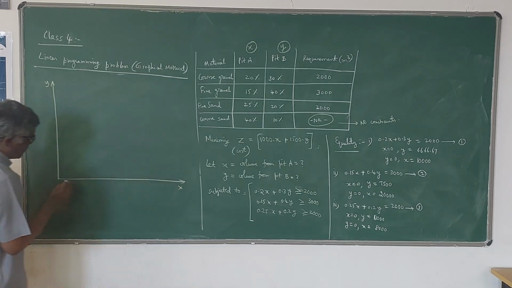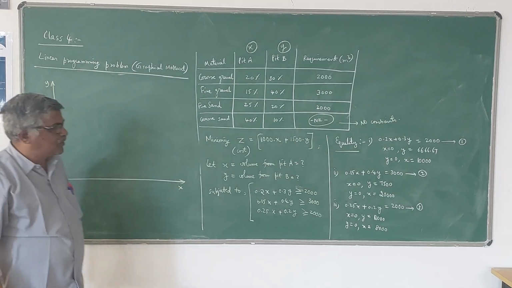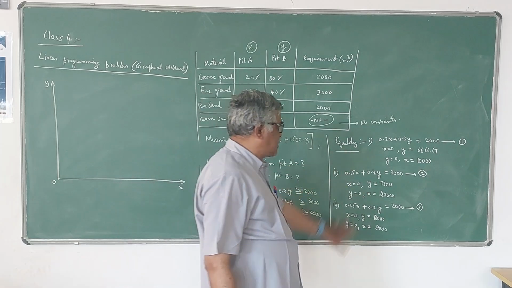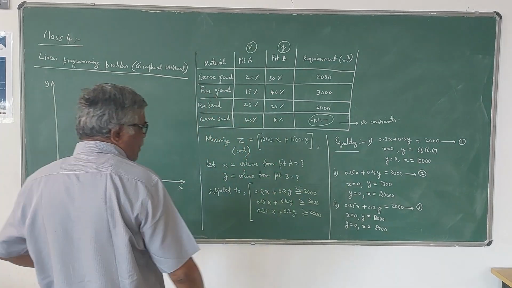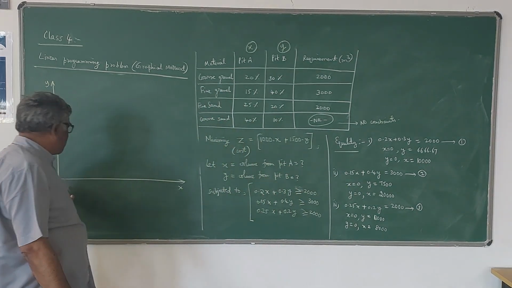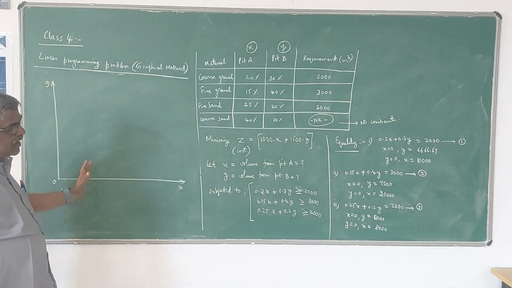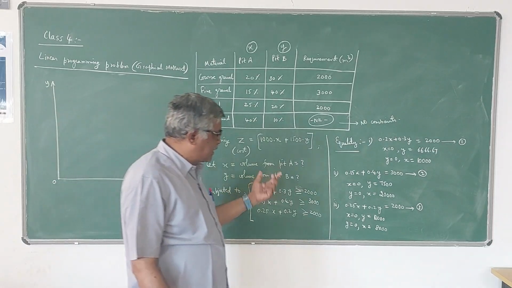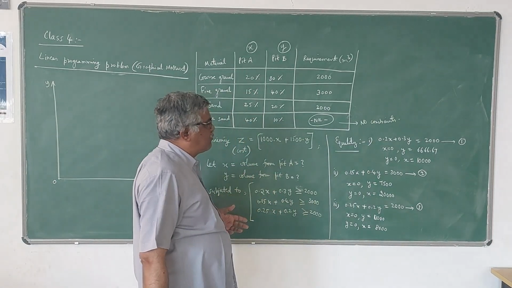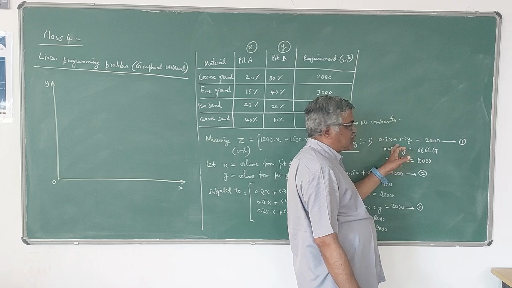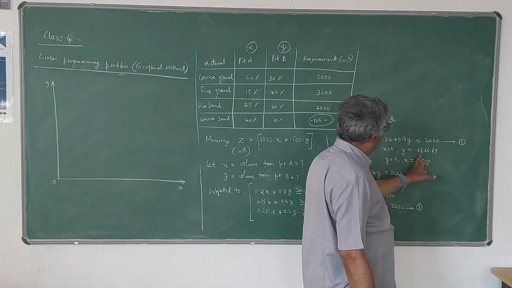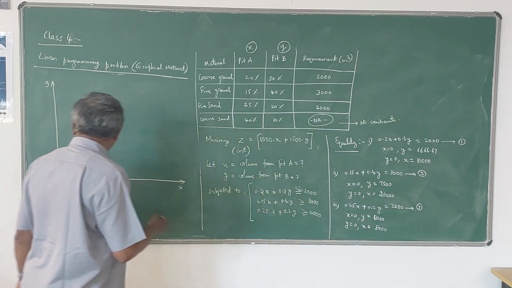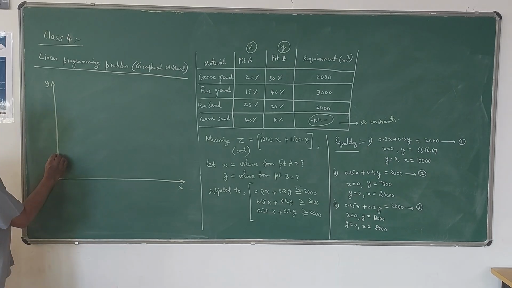You can choose a suitable scale here. So the values are in thousands. Therefore you can have 1 centimeter equal to 2000, on both the x and y axis. Now let us plot the values. For the first straight line, x is 0, and y is this much. So I will take x is 0, y is 6000,